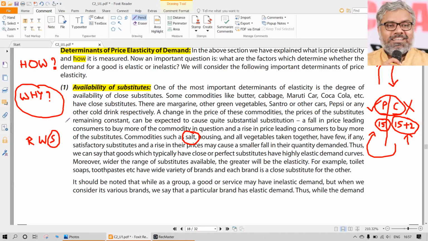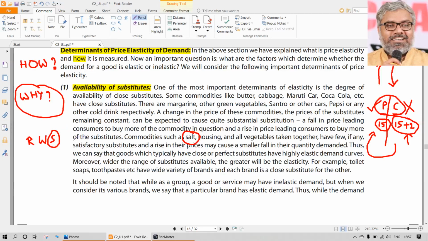If salt is available, are you going to buy more salt and eat it? How is that going to happen? Never, nobody is going to eat salt just because the price is low. So even if the price has become low, people will not eat more. Even if the price has become high, people cannot consume less just because of that. So they will still use salt as one of the ingredients of their cooking. So that is, I would say, a very, very least price elastic product.